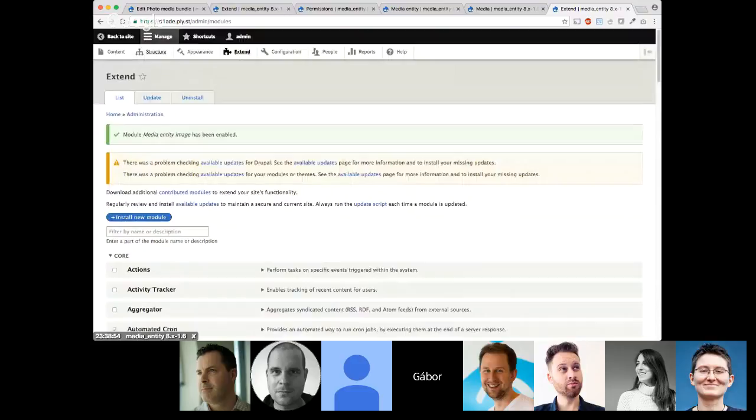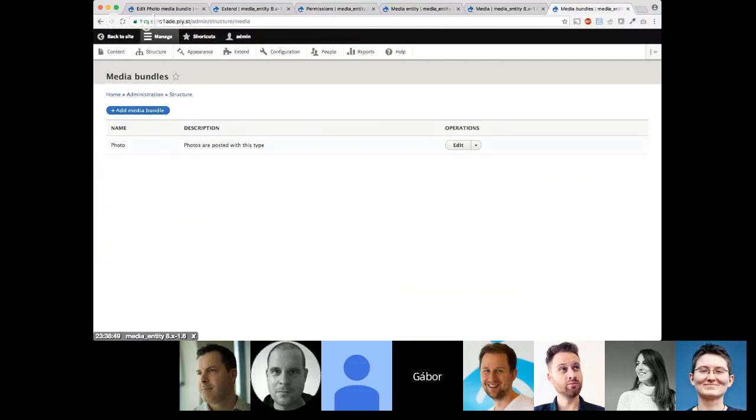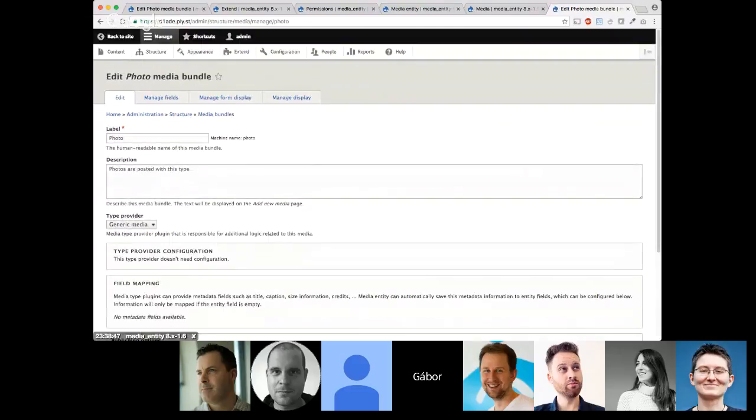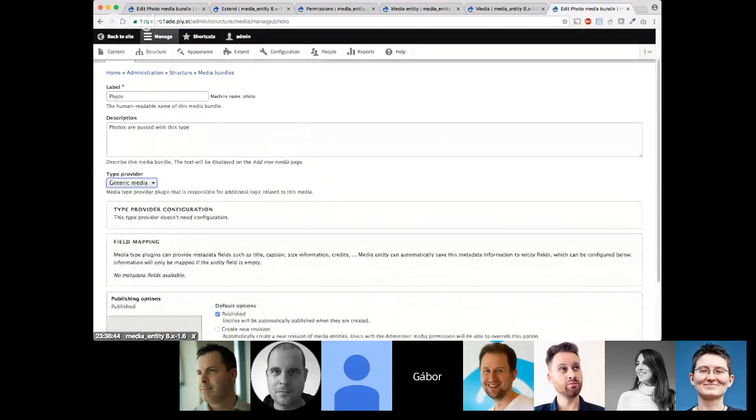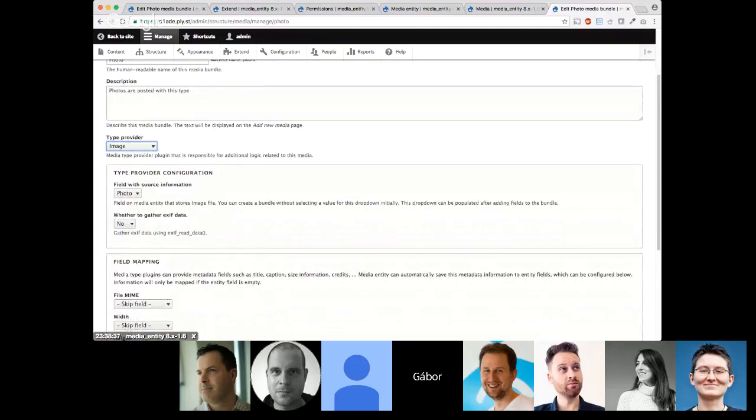And that will complicate our bundle configuration a bit. So then I go back to media bundles and edit my photo bundle. And now I can say I want to use the image type provider for my thing. And now it connects with the photo field that I already have. So it says that the field with source information is my photo field that I already have. If I just created this fresh and I don't have the photo field yet, I can leave this empty. I can create the bundle without selecting a value